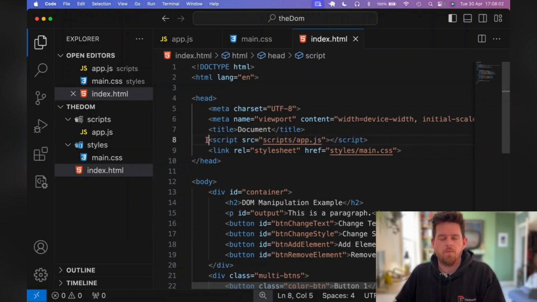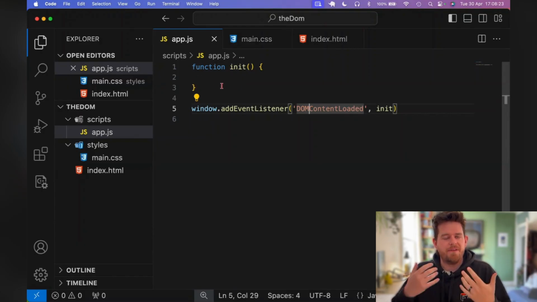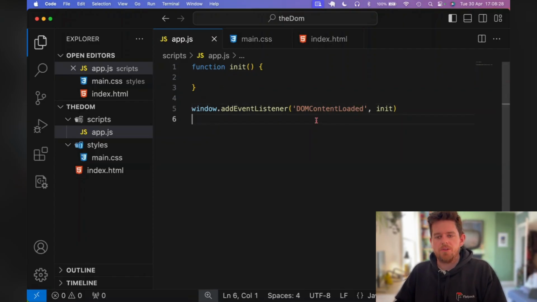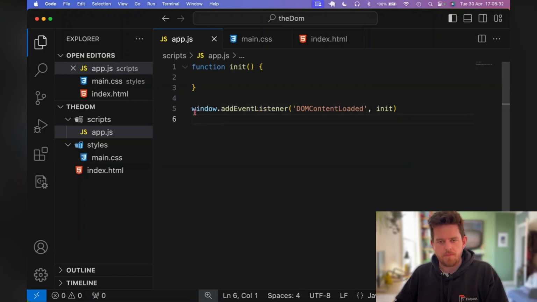That does then come with a bit of a payoff, in that when we want to do things with these elements, maybe change text or something like that, it's possible that the code we write in our JavaScript file runs before the browser has made any of those elements. So the way that we can get around this issue is